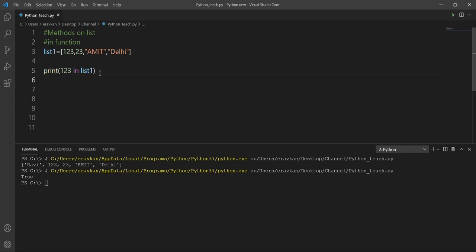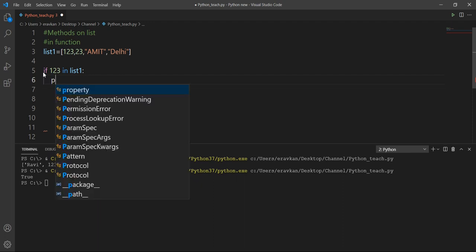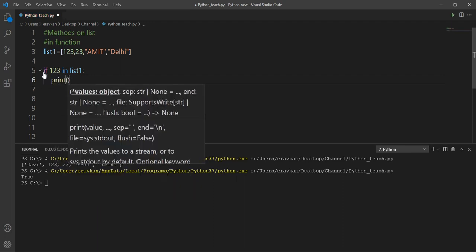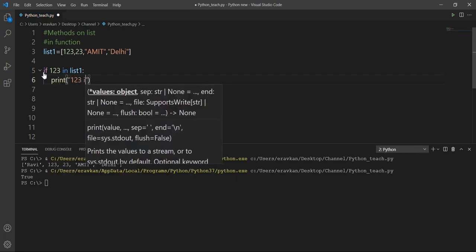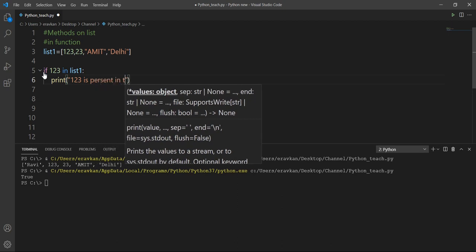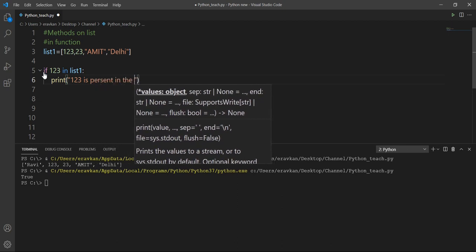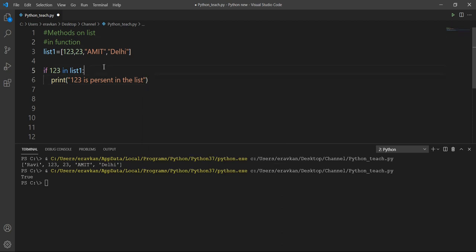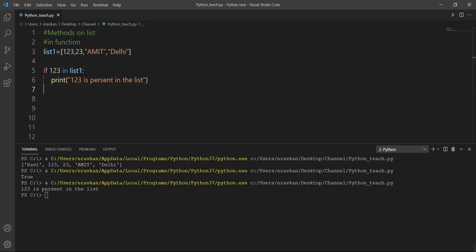This is a boolean, it gives True or False, so I can use it in my if condition as well. If 1 2 3 in list1, then print 1 2 3 is present in the list. Okay, the in operator is also clear.